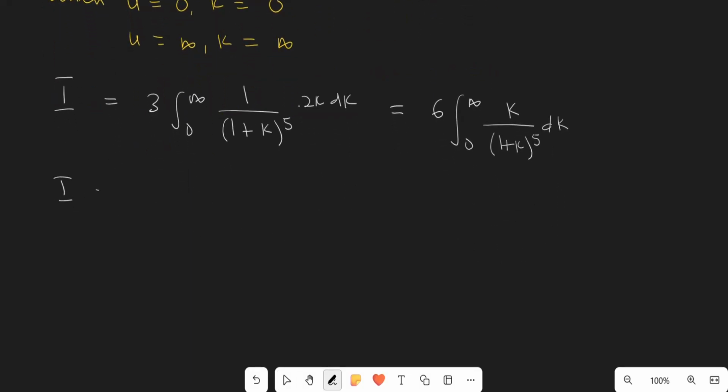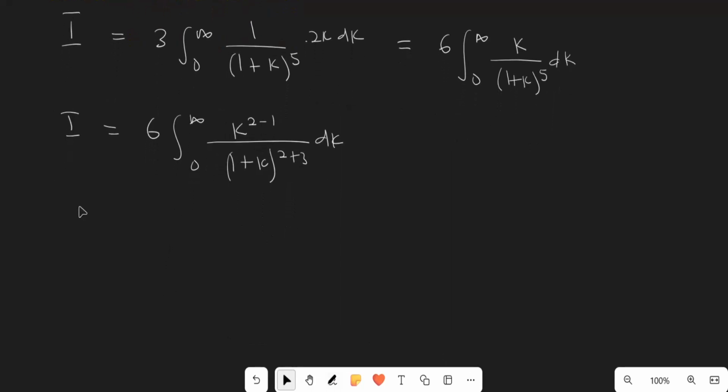So I'm going to rewrite this integral like this. The integral from 0 to infinity of k raised to the power, instead of k raised to the power 1, I'm going to write 2 minus 1, which is the same thing, divided by 1 plus k. Instead of 5, I'm going to write 2 plus 3, dk. And I'm now going to compare this one to the